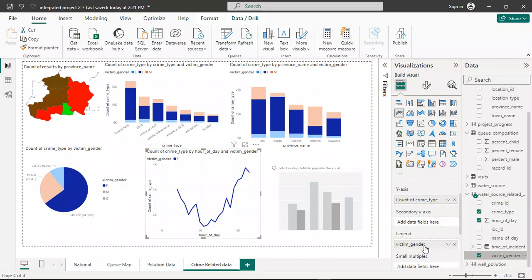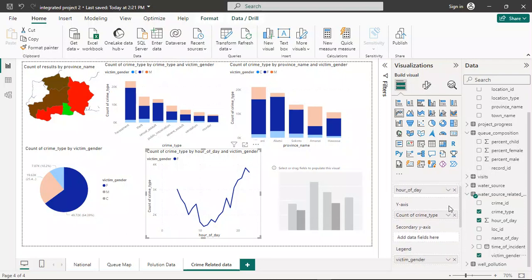I don't know why it's showing only the female. No, on the y-axis. We need to include this thing in the legend. This is for the hour of the day, right? For different hours of the day. I think at the legend we need to put